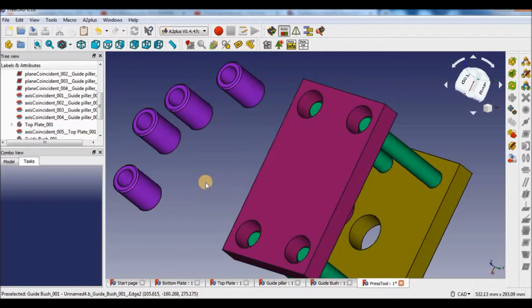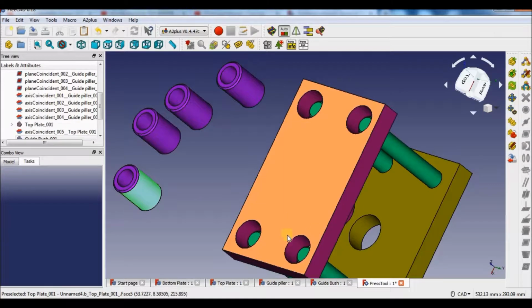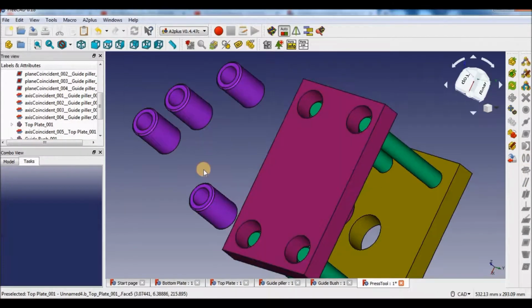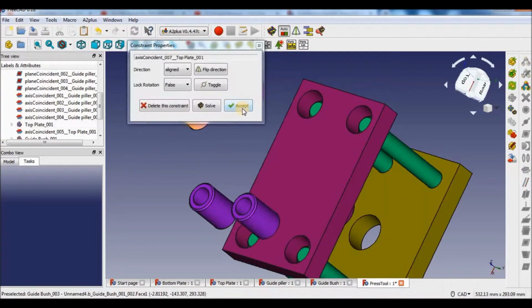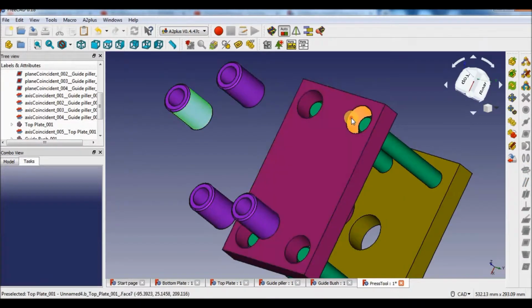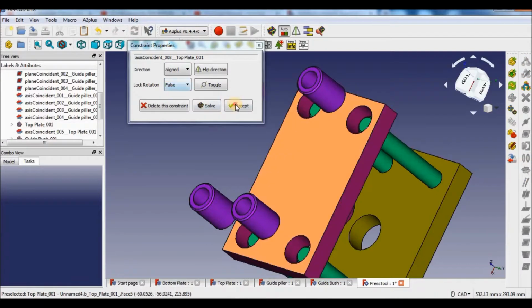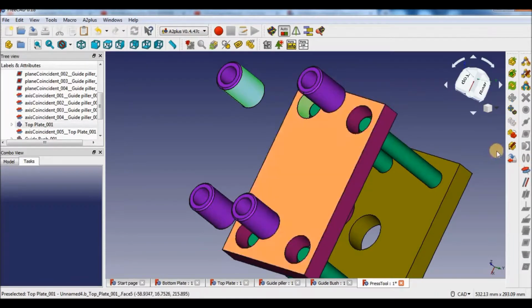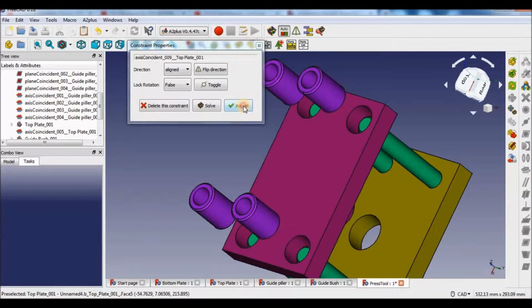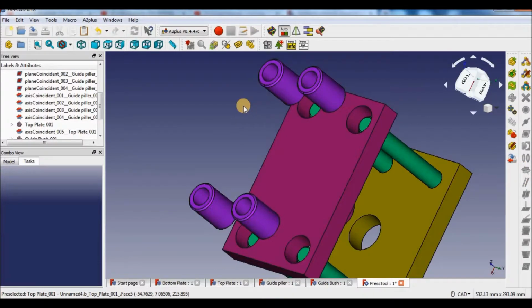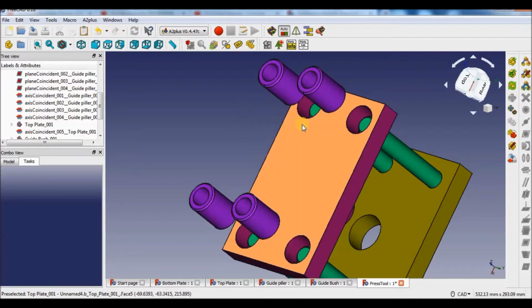Now apply the axis constraint between the guide bush and the top plate. Repeat the same procedure. So after applying the axis constraint, then we'll apply the surface constraint between the guide bush and the top plate.